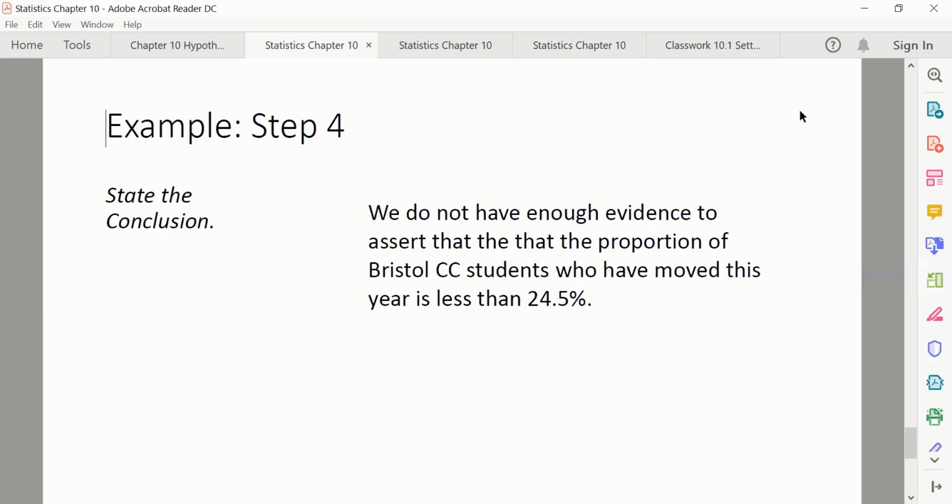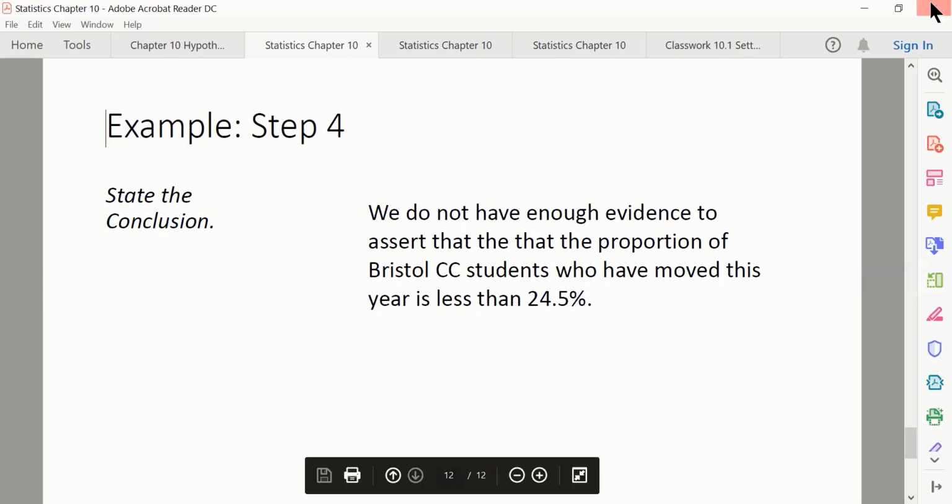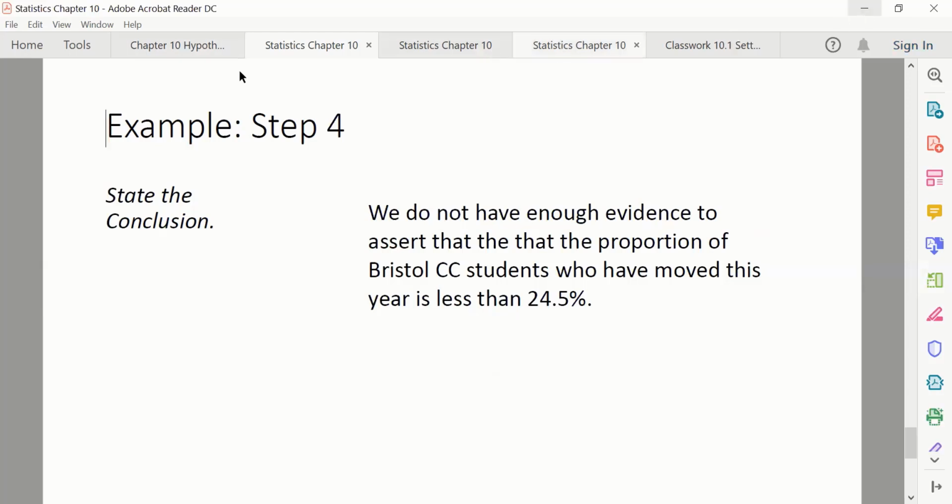So that's how we do it. That's it for StatCrunch. So if you go into the classwork, I wonder if that's